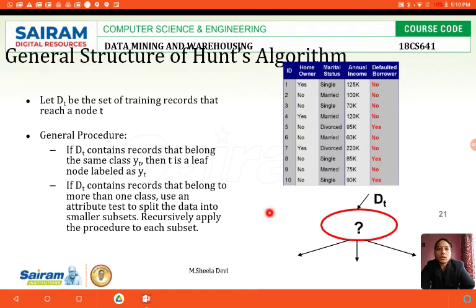It will not be a leaf node, so we have to divide the node into subsets. Then we recursively apply the procedure to each subset. We apply it to all the subsets until we get only leaf nodes, that is, there is no need to split the data and we don't have any other subclass.